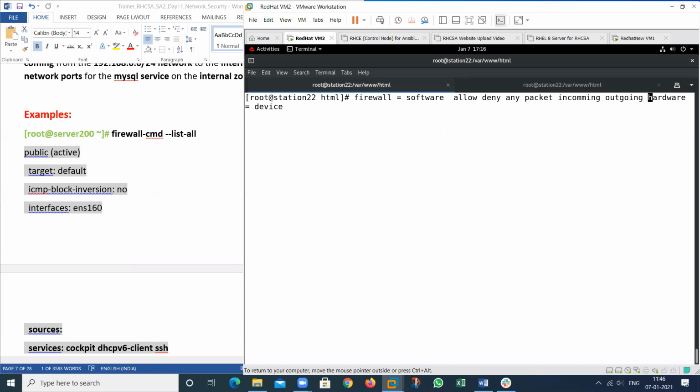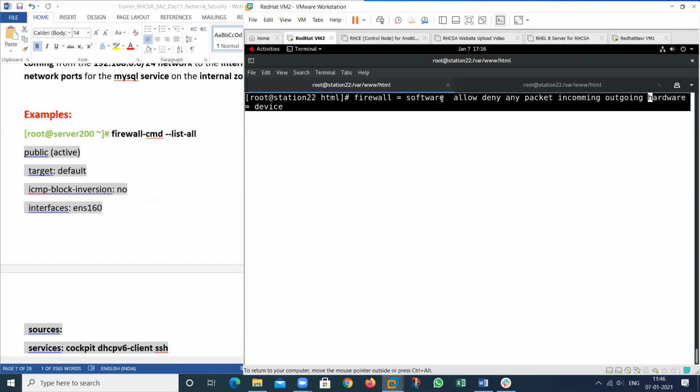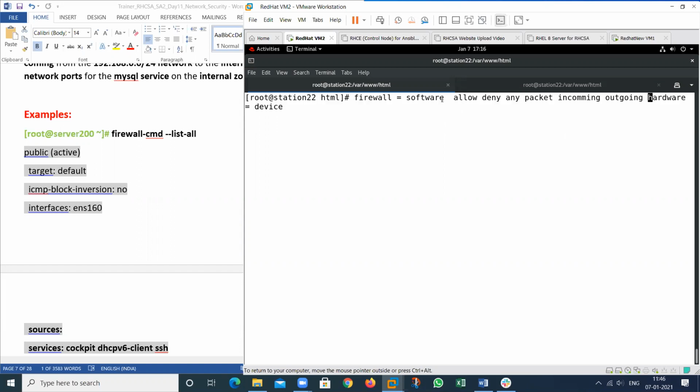So what is the use of firewall? Firewall will allow any packet, an incoming packet or an outgoing packet, that depends on my firewall rule. I have allowed only the incoming packet, or I have allowed the outgoing packet, so that I have allowed or denied. So these depend on our rule.